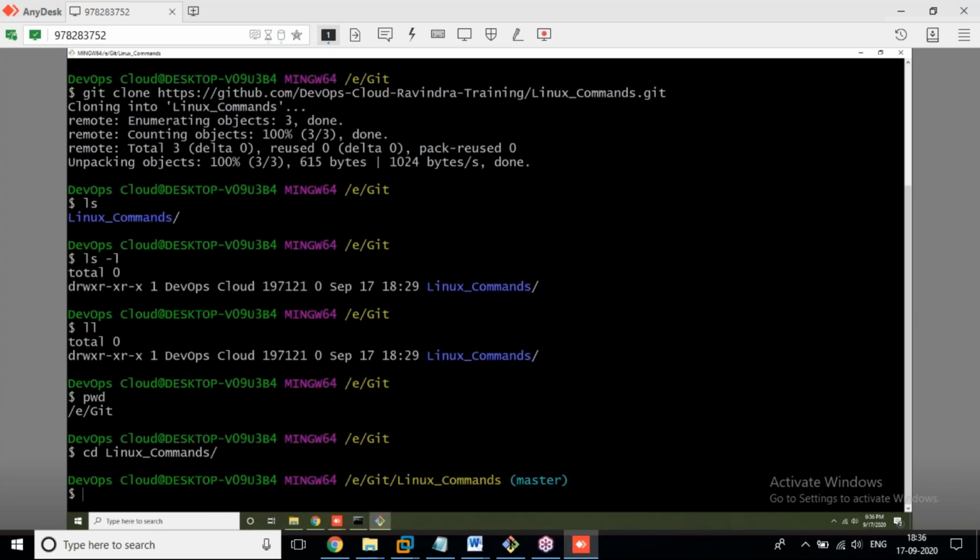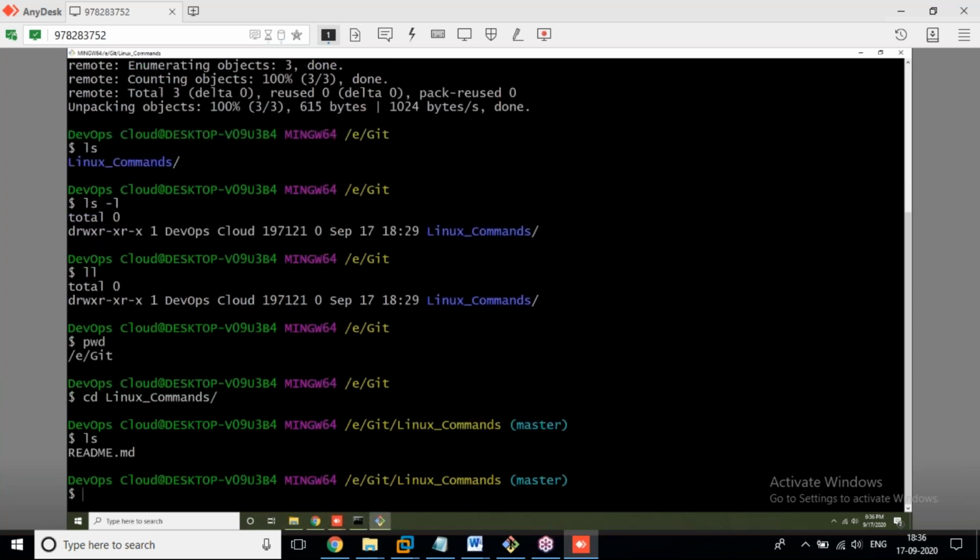Okay. Now, what are we doing here? Once again, we are listing with ls. So we got only the readme.md file. ll. If you want more information about readme.md, is it a directory or file? Who is the owner? Who is the group? What are the permissions for user, group and others?